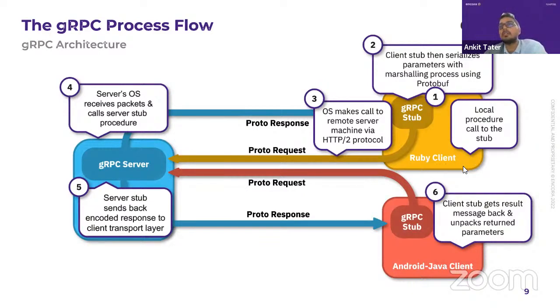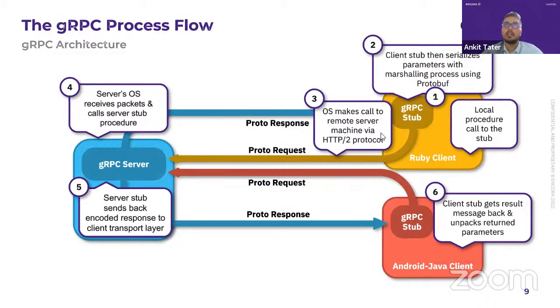So here, for example, you have a Ruby client, right? It makes a local procedure call to the stub. The stub is basically a local object on the client that implements the same methods as the service defined in your proto file. It calls the local procedure call, and then the client stub serializes those parameters, and then it asks the OS to call